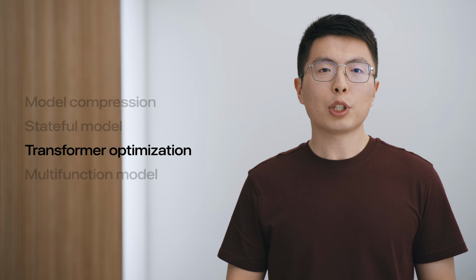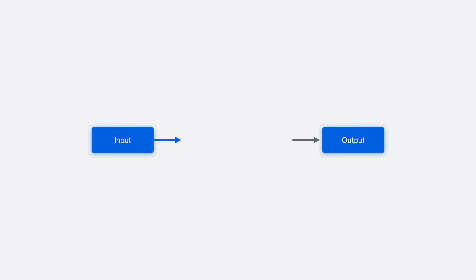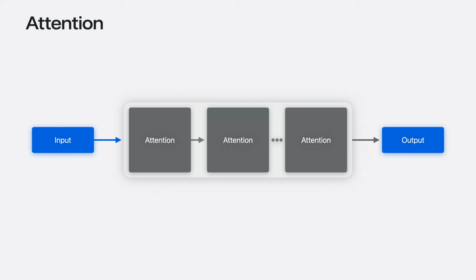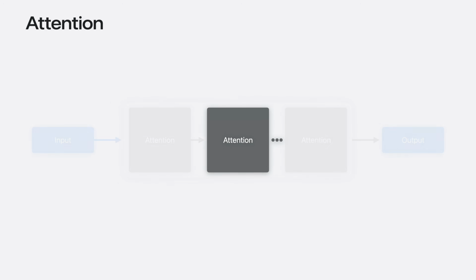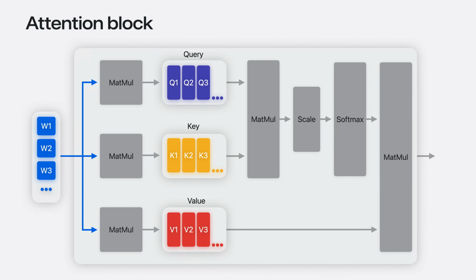Now, let's talk about transformer optimizations. Transformers are one of the most popular model architectures in foundation models. They are built with several multi-head attention blocks, which are computationally intensive and usually the bottleneck during model inference. Attention block is composed of several matmul and softmax ops, and three large tensors, which are referred to as query,